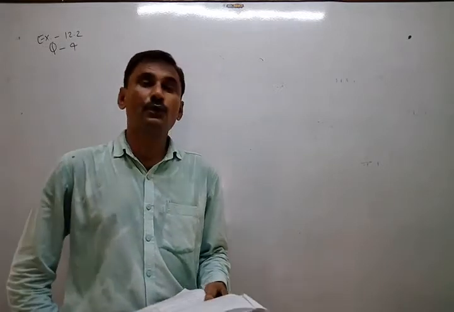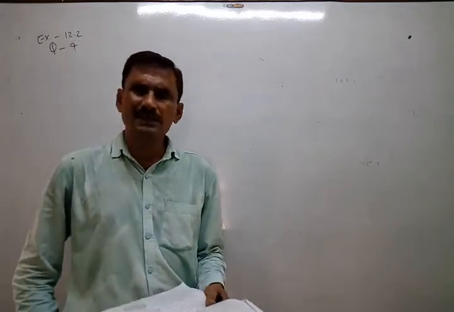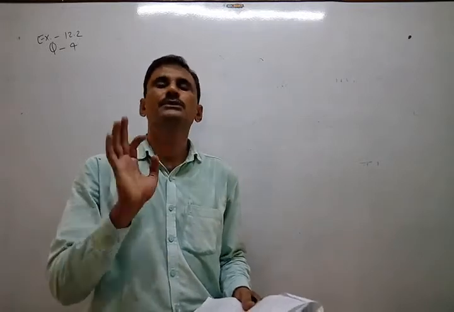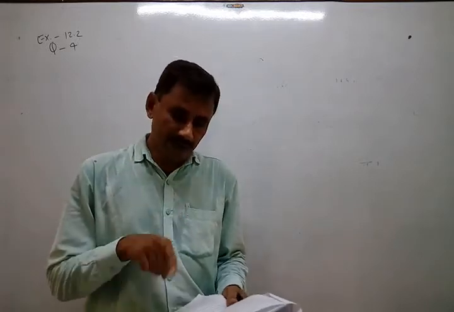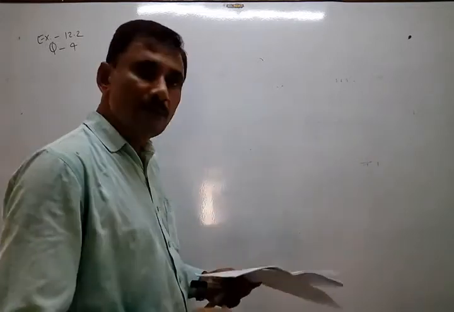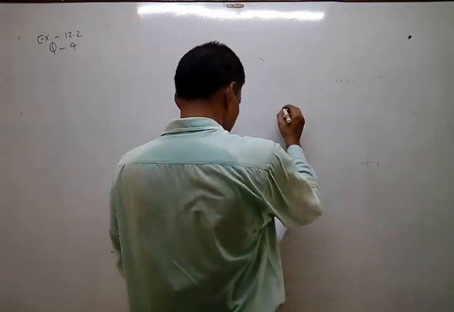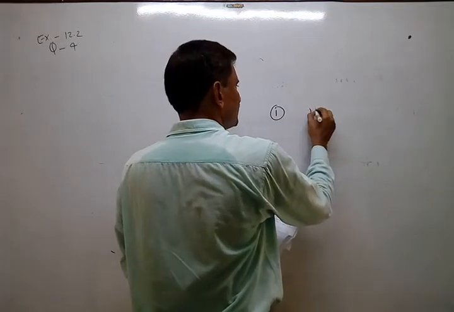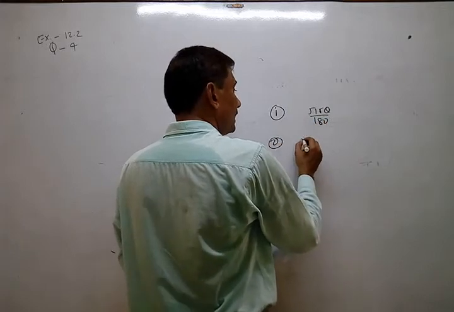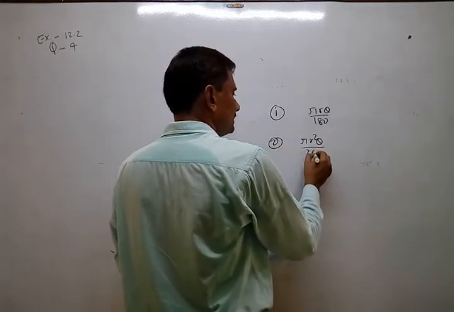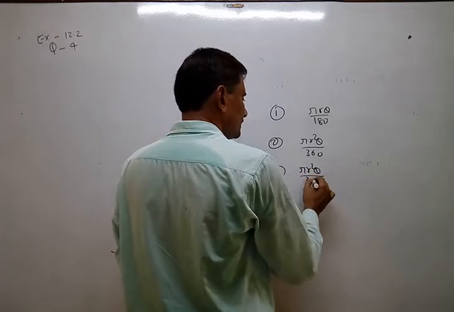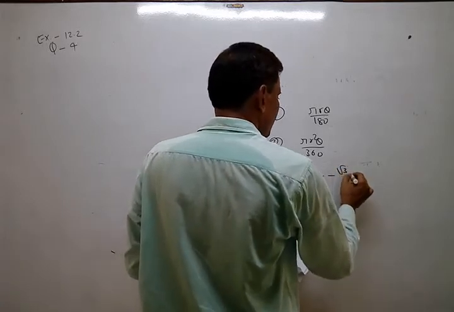Area of the sector formed by the arc. So minor sector only; if nothing is specified it is the minor sector. So pi r square theta upon 360. Area of the segment formed by the corresponding chord. So in the first one, this formula is used, pi r theta upon 180. In the second one, pi r square theta upon 360. In the third one, pi r square theta upon 360 minus root 3 by 4 r square.